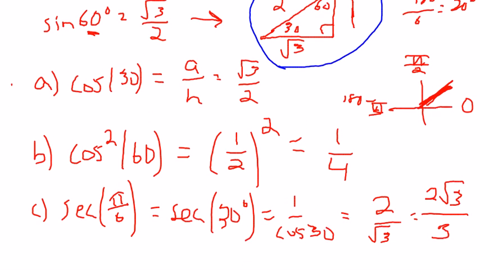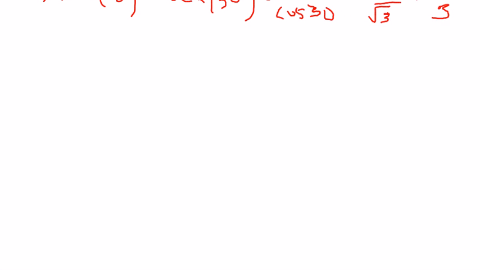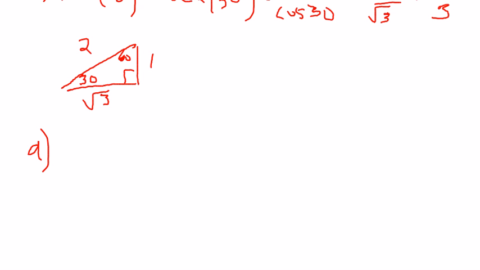Alright, let me go down and redraw the triangle. Actually, that's really bad. Redraw the triangle. 60, 30, 90, 1, 2, root 3. Alright, so from here, part D says find cosecant